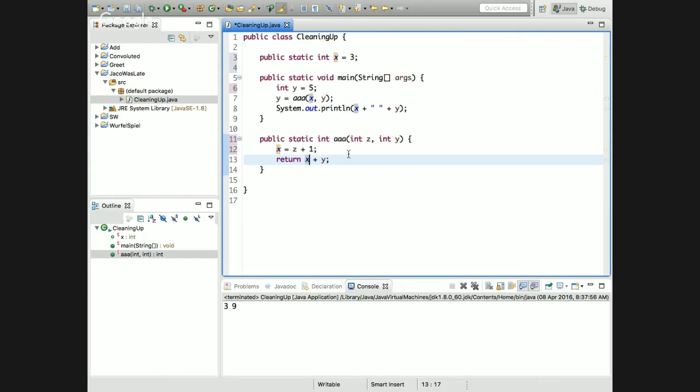So, main sends over the global X, which contains value 3, to AAA. AAA receives that global X, and Z contains 3, and Y contains 5 at the start. Right, okay. So now it takes Z plus 1, which is 3 plus 1, it's 4, and it puts that